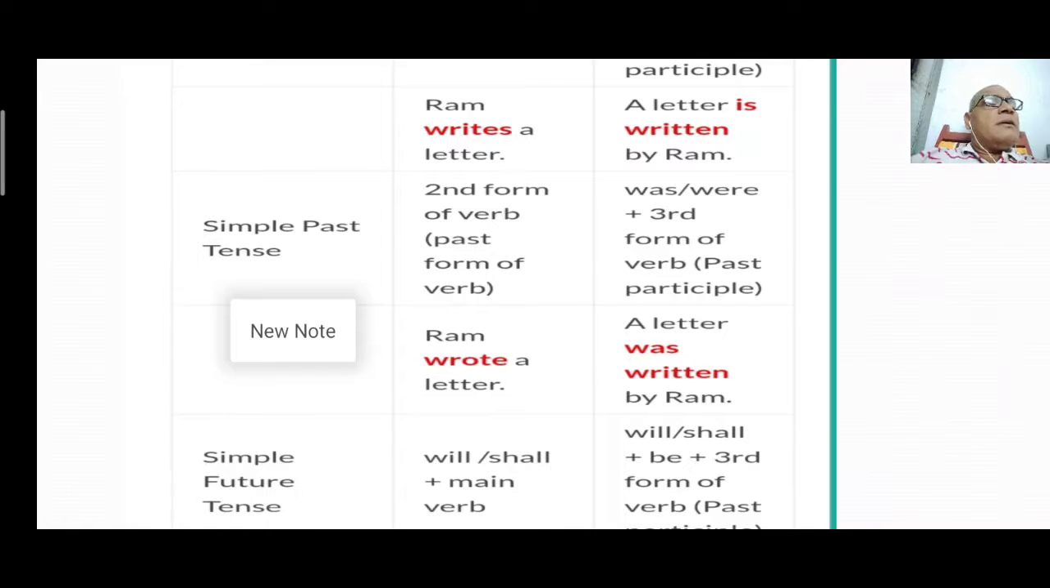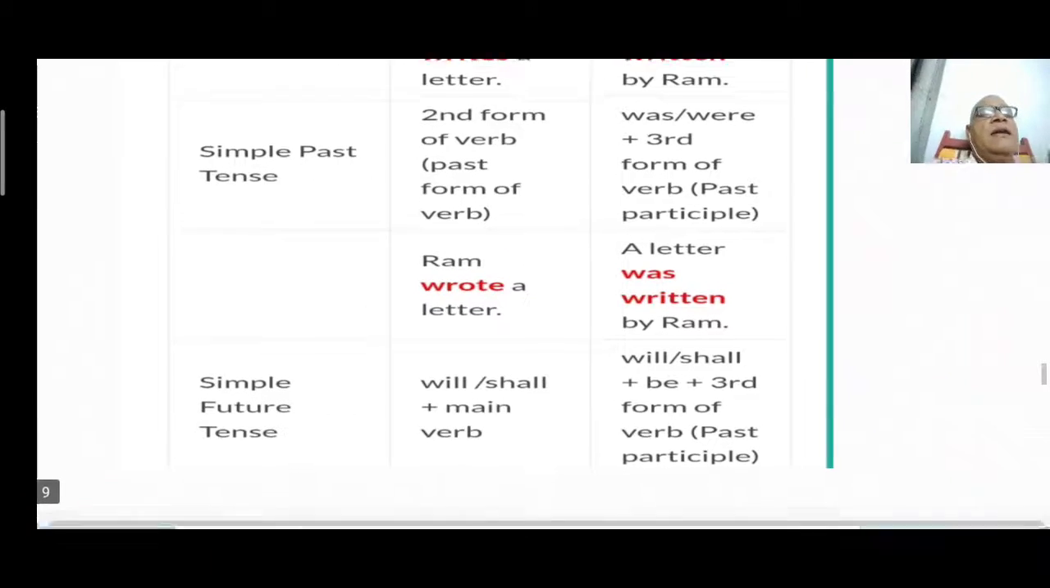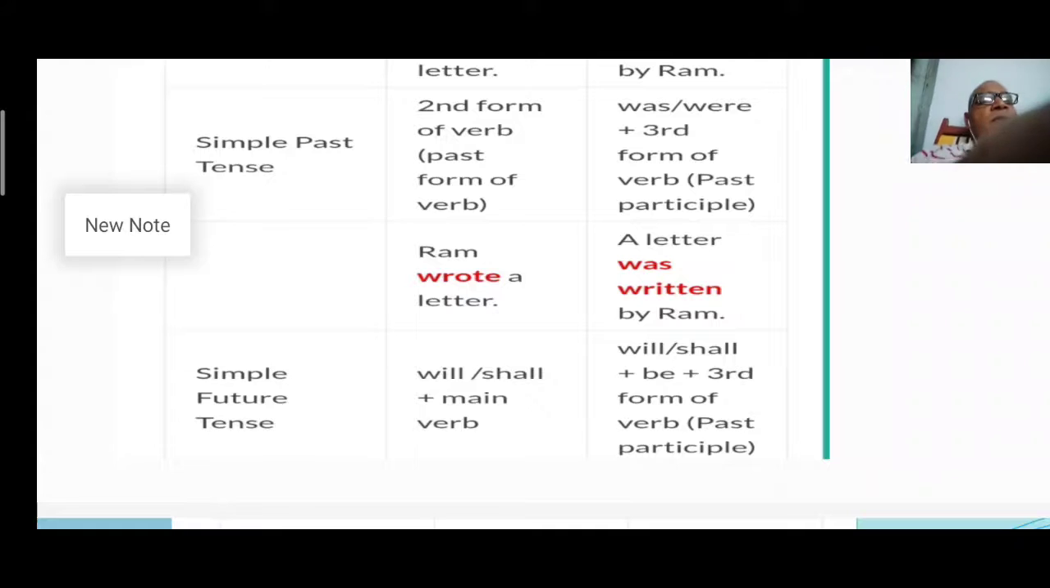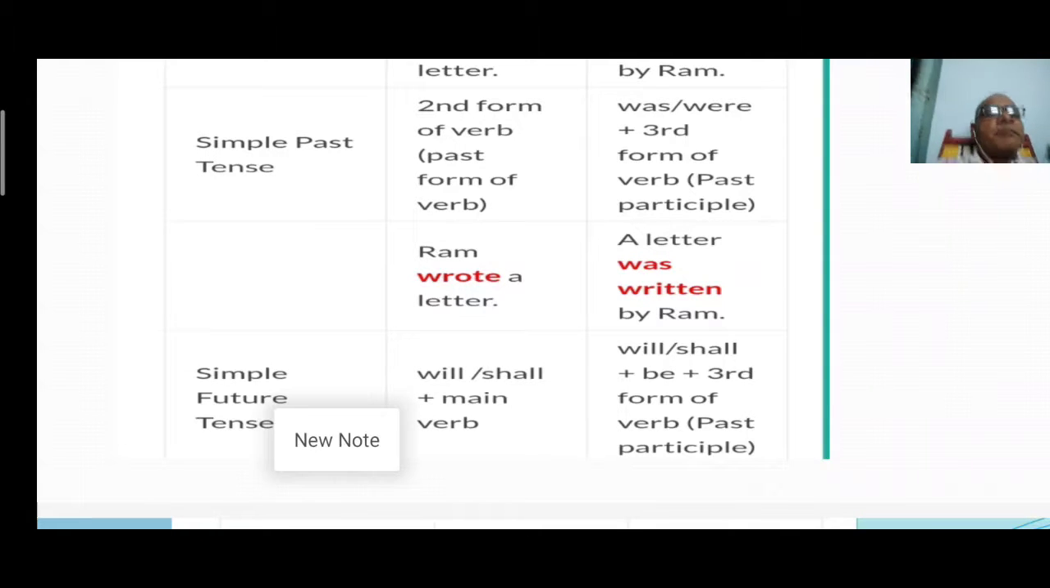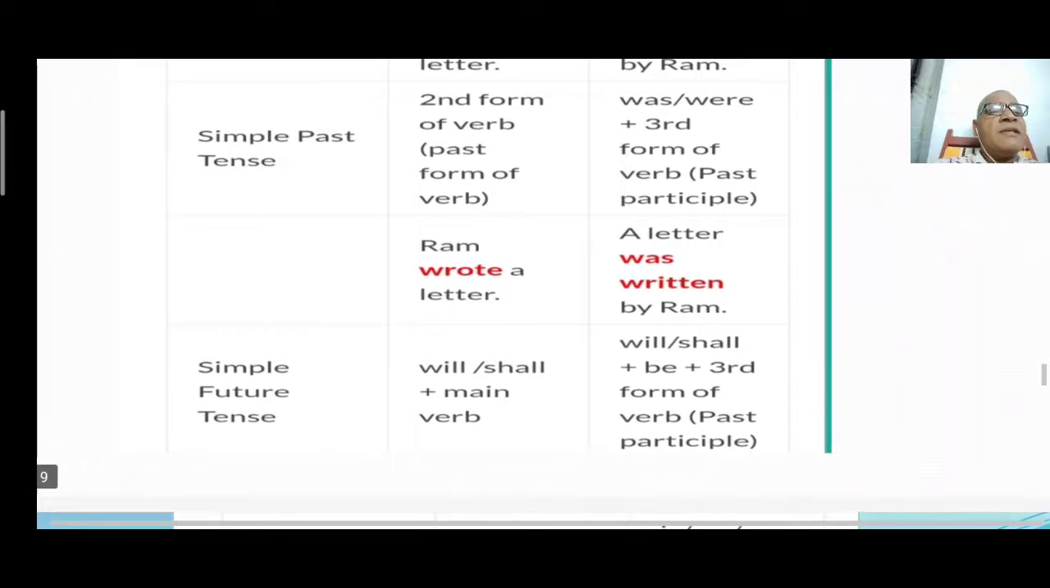Letters, a letter was written by Rama. This is one. If it is letters, letters were written by Ram or Rama. So it depends on the subject part. We need to write the be form: letters were, a letter was. That is the change. Please observe the change. And here, how simple future can be changed from active voice to passive